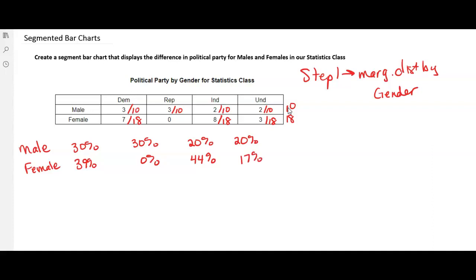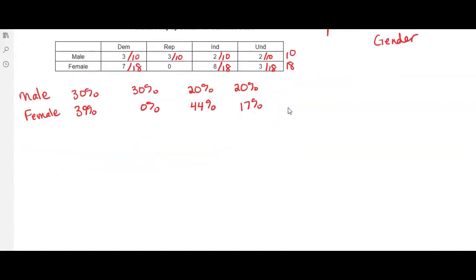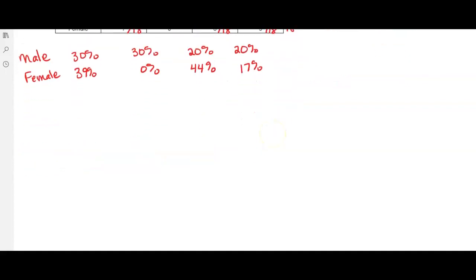And those numbers should add up. Sometimes they might go over depending on how you round, but they should be 100 or 101. Sometimes you'll change one of them, the one that was closest that you shouldn't have rounded up, you might round down. Okay, so now that we have those percents, what we're going to do is we are going to